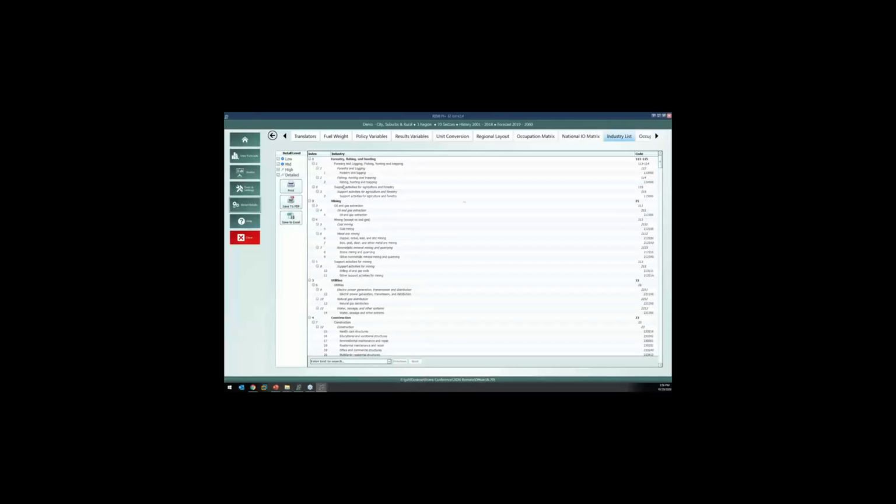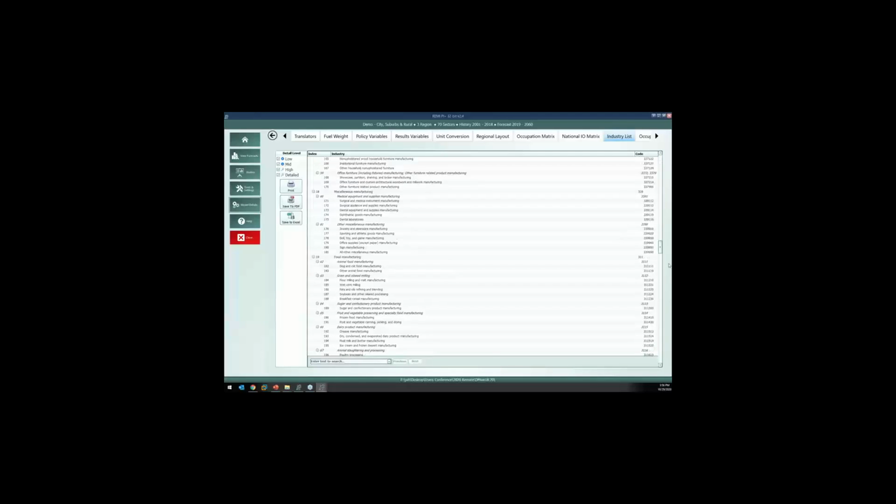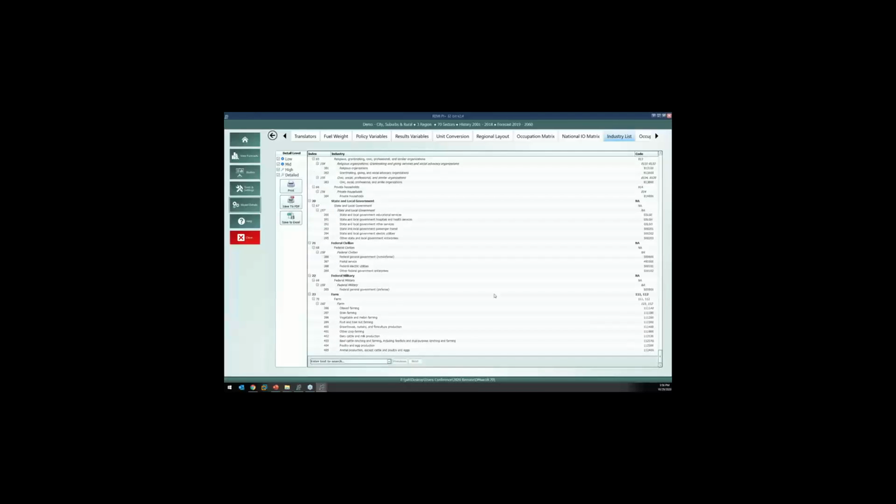You can see some details that aren't in your current model. So these correspond to the 23, 70, and 160 sector models. And then the detail will show you the translators that we have. We'll scroll down here a little bit, and you can see that this year we've added in state and local government translators, which people have been asking for. People asked about this at last year's users conference.